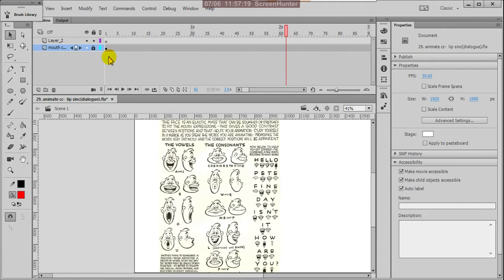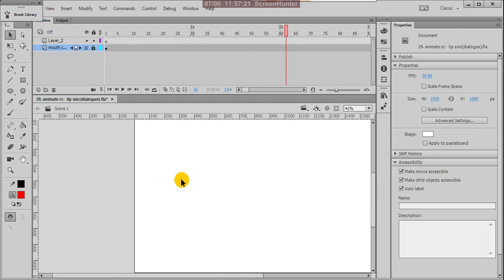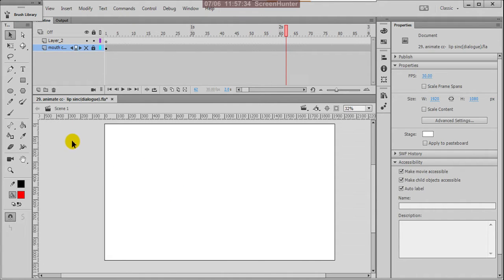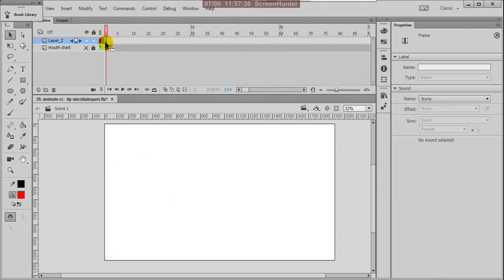Now I'm planning to prepare a character for dialogues. For mouth shapes, for saying dialogues, we have to prepare our character. So for that, what I'm doing,